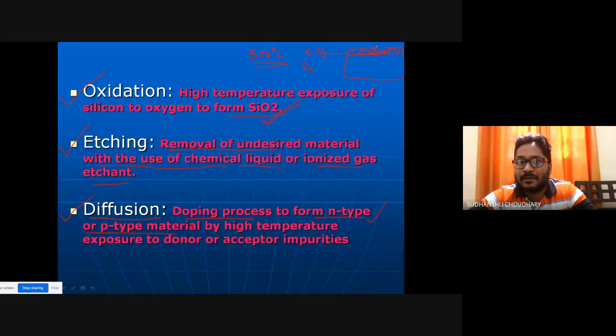So this is the first step, and in the second step, you raise this temperature to somewhere around 1200 to 1400 degrees centigrade. As I said, the diffusivity is exponentially dependent on the temperature. So when I increase the temperature, the diffusivity will be more.